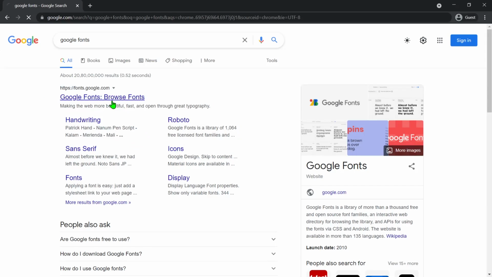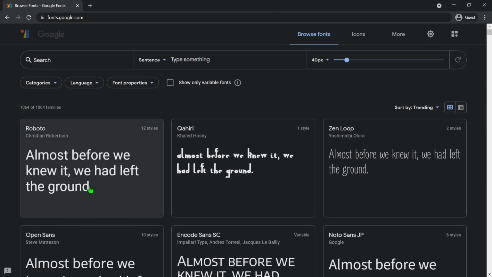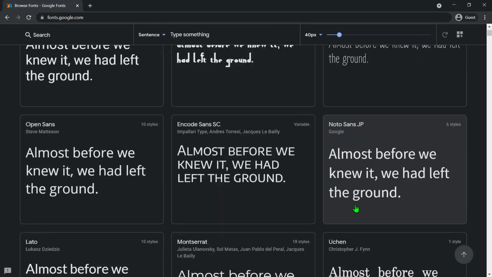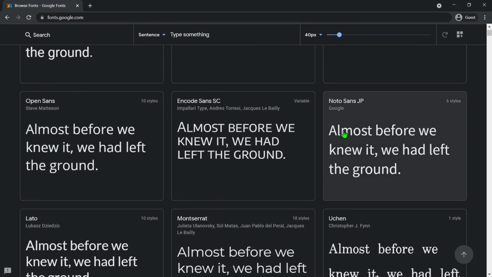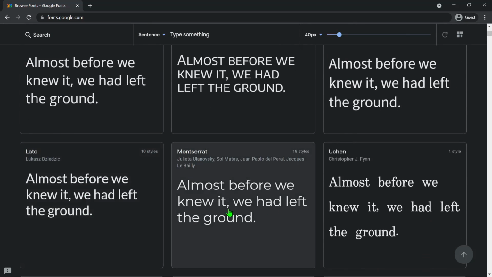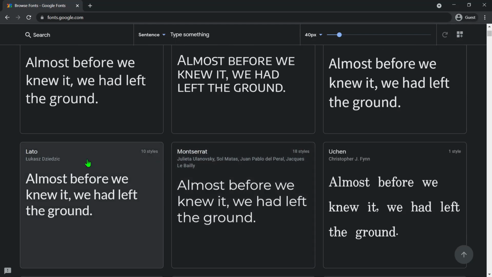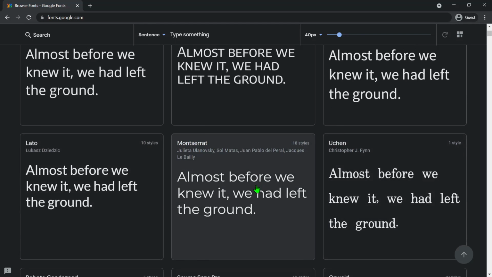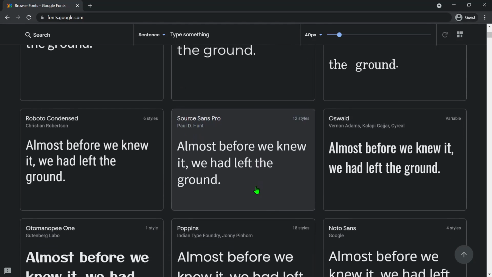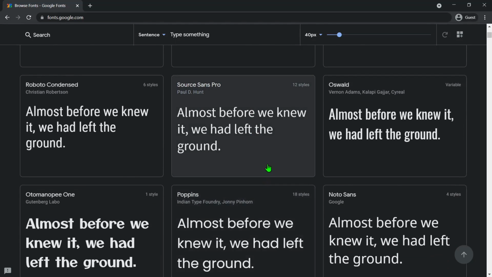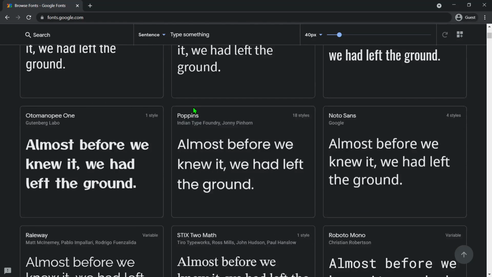From this you can add different fonts to your website. Now this might seem small, that it is just a font, but trust me guys, this can completely change how your website looks. Without using Google Fonts, your website won't look that good, at least from my experience.